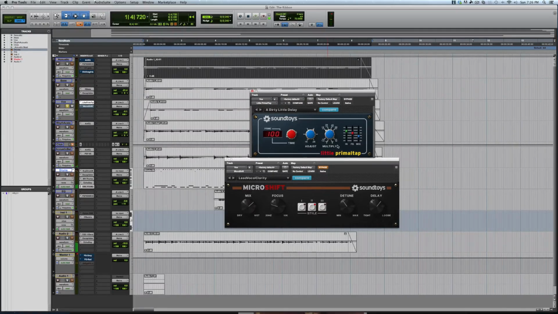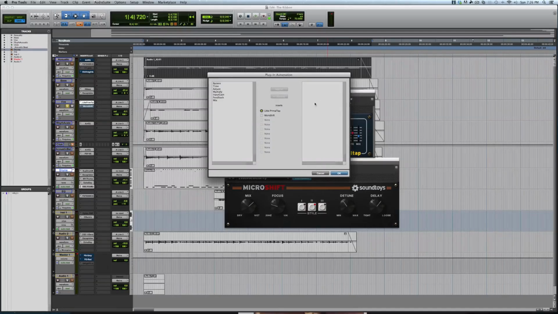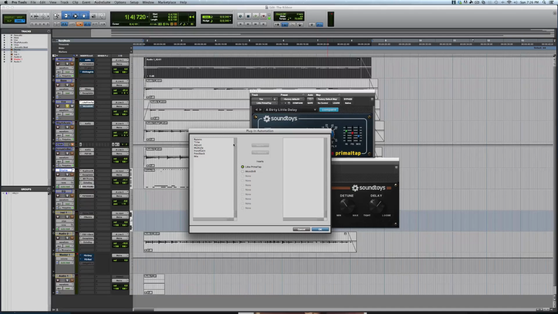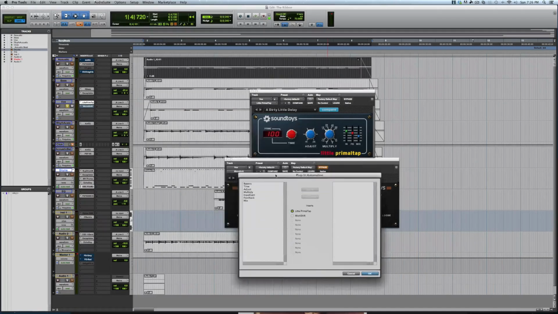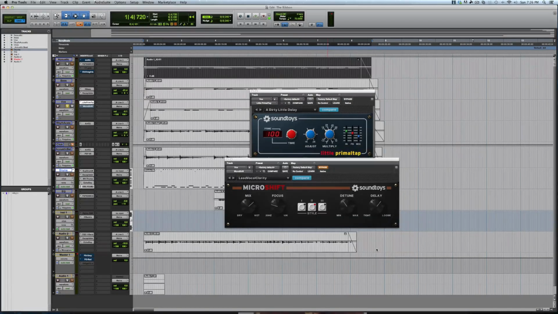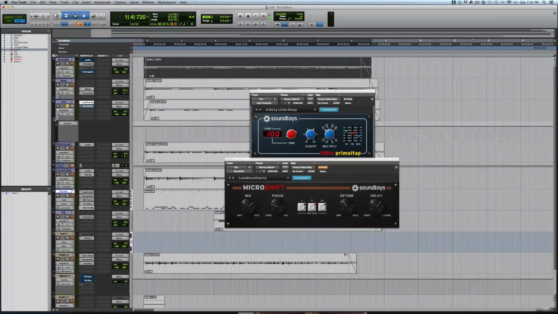So yeah, that's another random little factoid about that. You could automate all these in the automation window in Pro Tools or in Logic. It's really easy. You could just set it and actually move the knob, then it'll write automation. But anyway, you can get the multiply knob and just toss it on here. And then you could write automation and just automate that, because I really did like that wacky sound it was